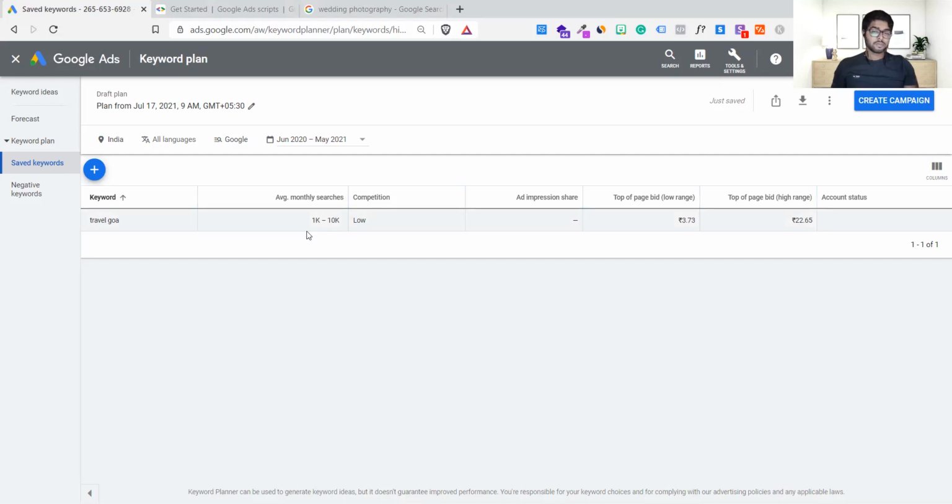See, Leh, Ladakh, Manali, these travel keywords get reduced now because in the last 2 years very few searches happened, so they don't have enough data to understand. Earlier, whenever we did keyword research, the travel industry used to be high. Now it's showing competition low because the travel industry is down. No one was going outside. Only after lockdown did people start going. The business was super down and no one was searching for traveling. It was showing low, so it will change.